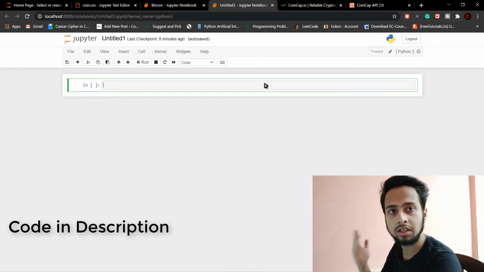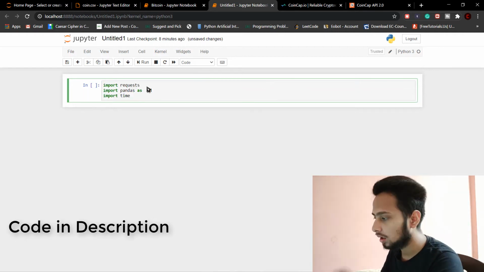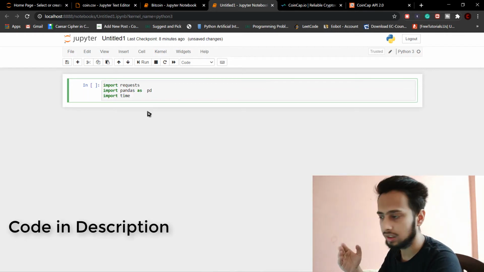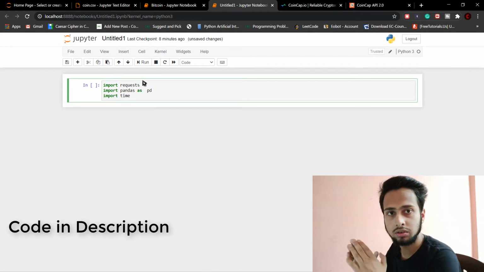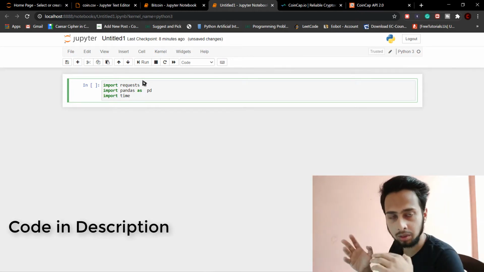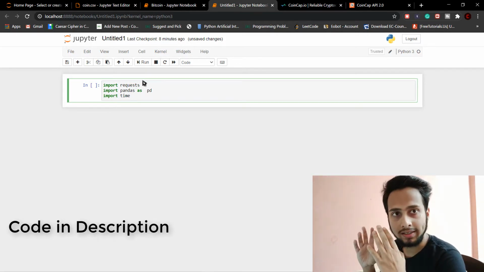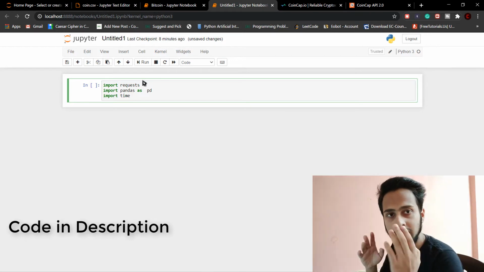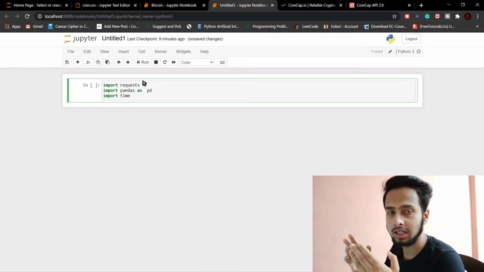The first thing that we are going to do is import some of the important libraries that we are going to need. The first one is requests, so that we can actually send the request to that website and get the data from it. Then pandas as pd, where we are going to get the data and convert it into a data frame so that we can use it for further analysis, for machine learning, deep learning and other things like that.